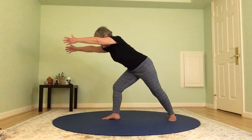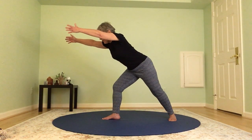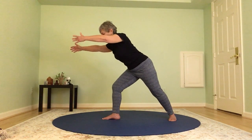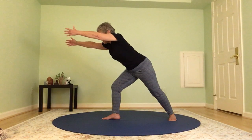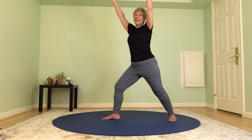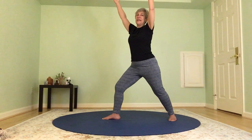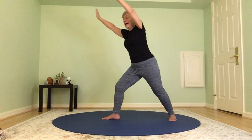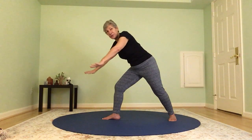Keep that, lengthen the spine as you draw your arms up. So whenever you feel your lower back start to just arch inward, just come back to your length, and bring your arms up. Inhaling up. Okay, and now we're going to start letting go of the breath from here. So inhaling, let, and then as you exhale, the arms draw back,